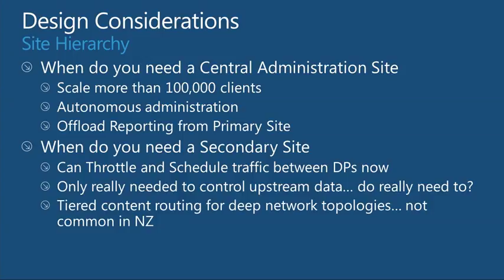Now, with 2012, you can go through and you can throttle and schedule traffic directly between DPs. So if you've got a central head office site with a DP on there, and you've got a DP on a remote site, then you can set that throttling between the two, and you can basically cut out the requirement for a secondary site in that instance. You might use a secondary site if you want to throttle upwards, but really